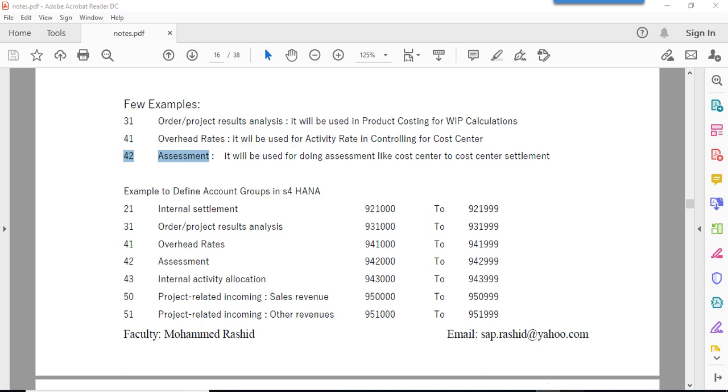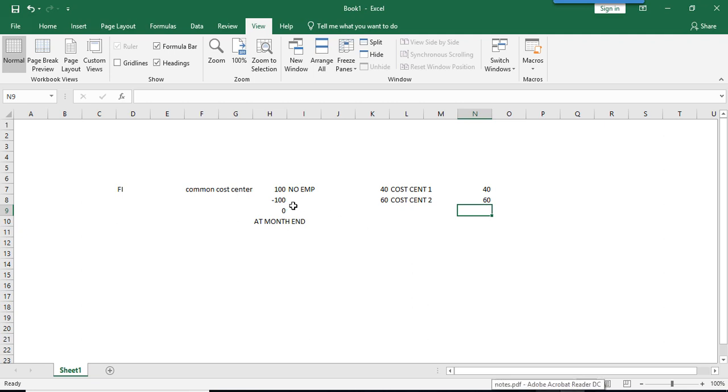Hope you understand what is the exact meaning of assessment. While posting direct expenditure, end user will post to this common cost center. At the month end, we will assess this cost to other cost centers based on this percentage criteria, 40-60 ratio.